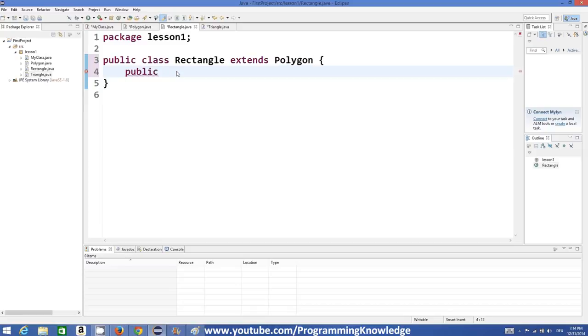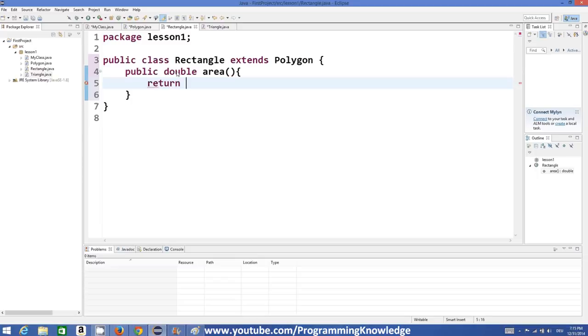So, double area, and what this method is going to do is just return the area. So return height into